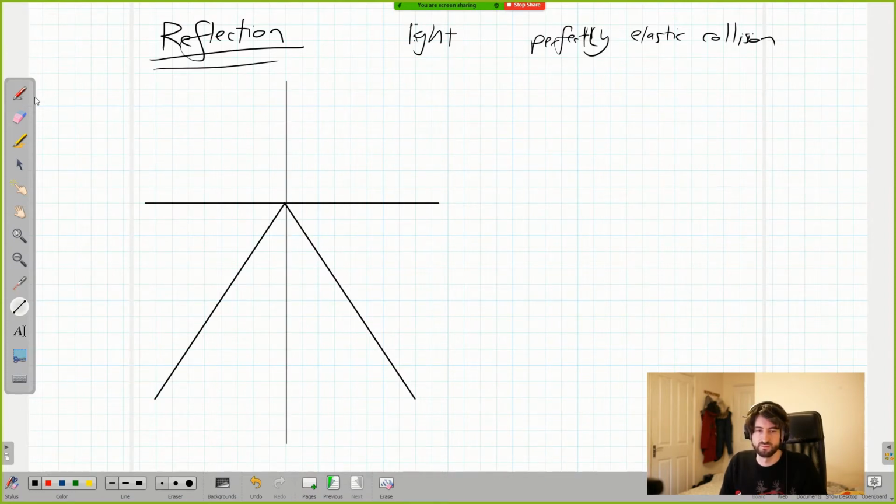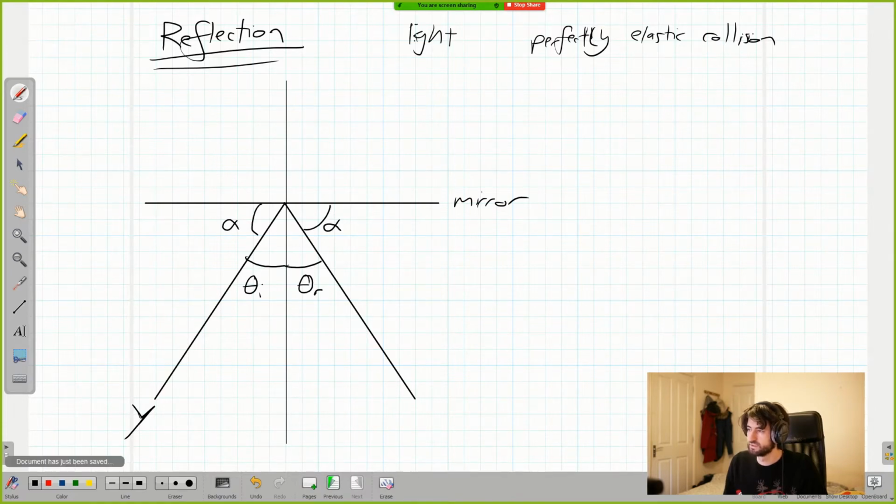Okay, so when a photon approaches, like a mirror, for instance, something that's actually going to reflect it, it bounces with this angle of incidence, and it reflects with this angle of reflection. Then we can call this alpha, and well, you can see as well, if we were to continue this line onwards,